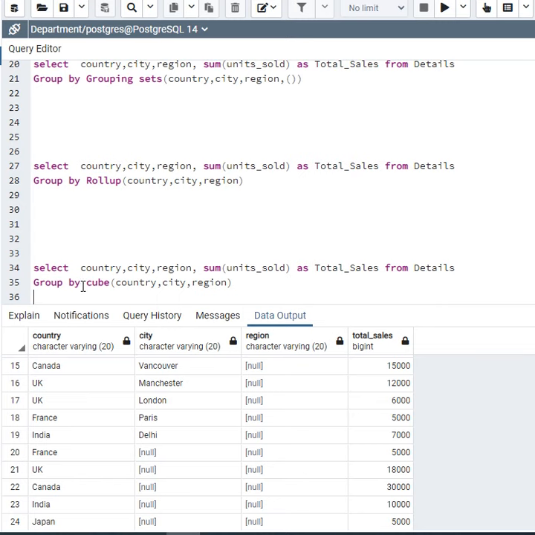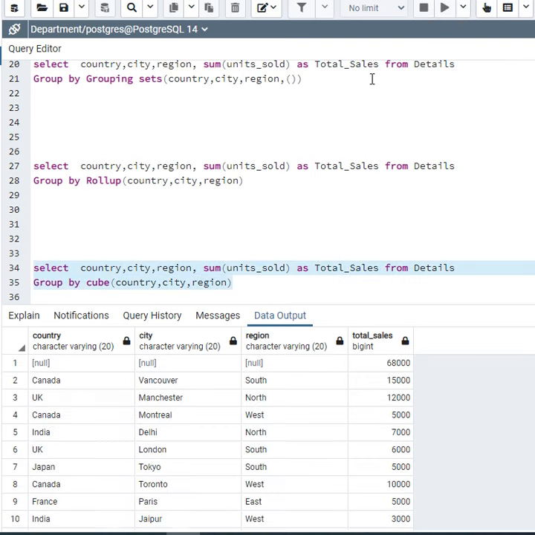For this I will use the cube function. I will write select country, city, region, sum of units sold from details, and I will use group by and the function cube, and then I will write the column names. I will execute this query.